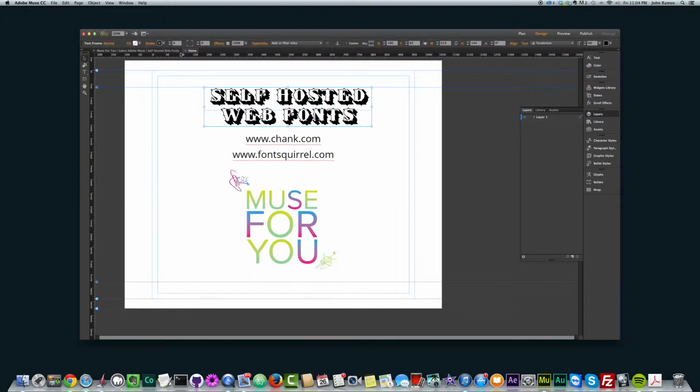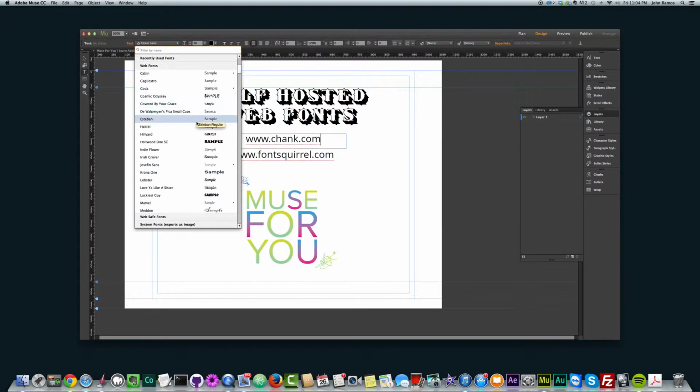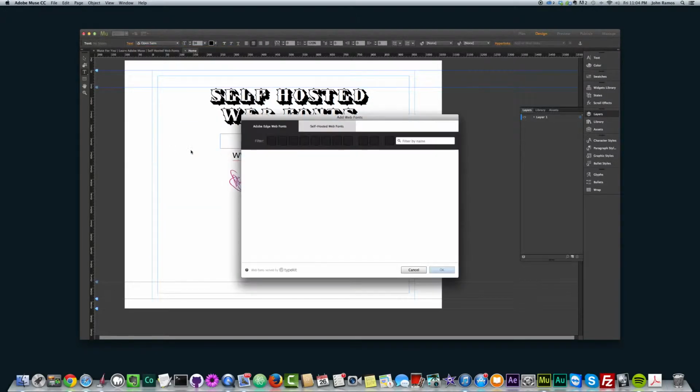First, let's look at this text here. It's actually called Tenderloin, and it is a web font, and I added it through self-hosted web fonts. So I'll go ahead and show you the self-hosted web font feature in Muse. I'll click on this, just to make sure I've got some text. Then I go to the text drop down, and under web fonts, you click add web fonts,